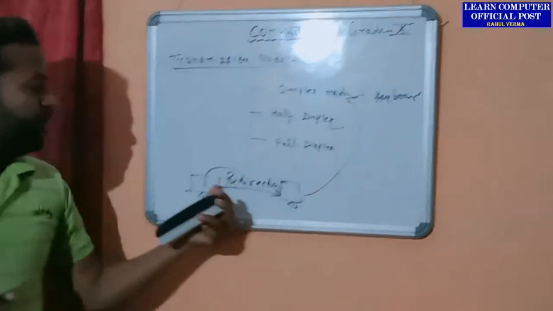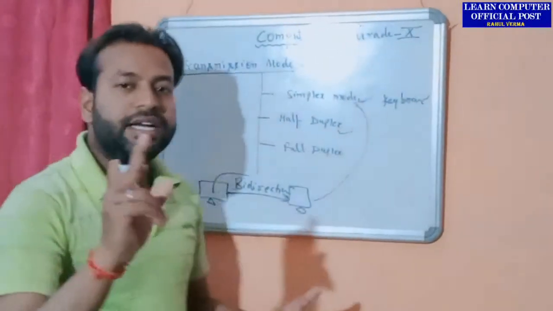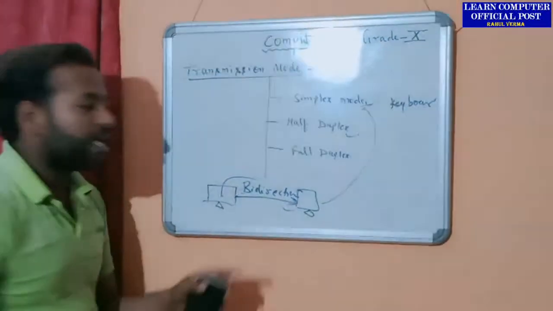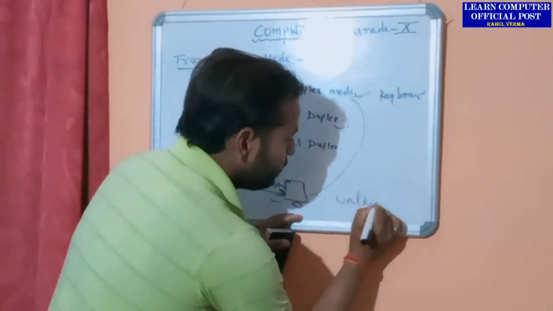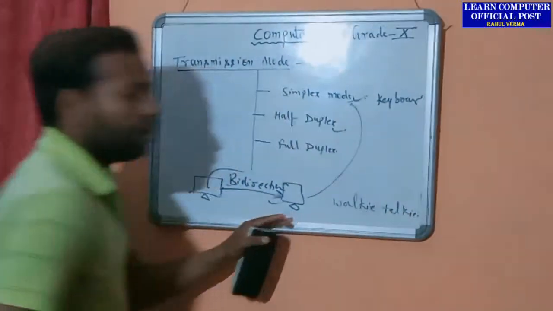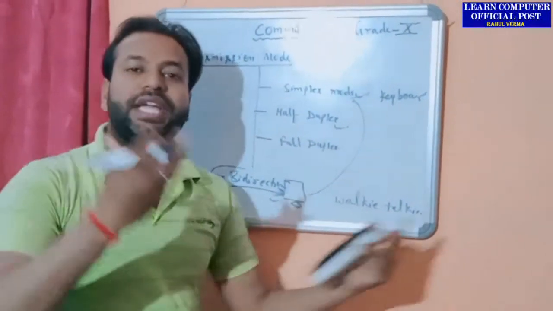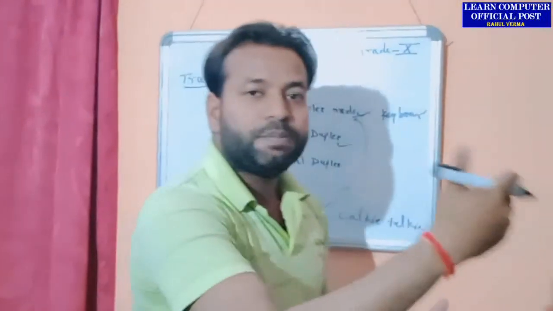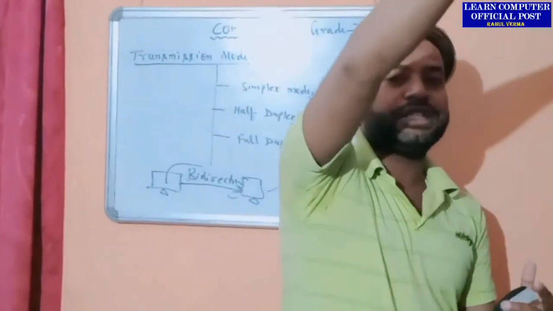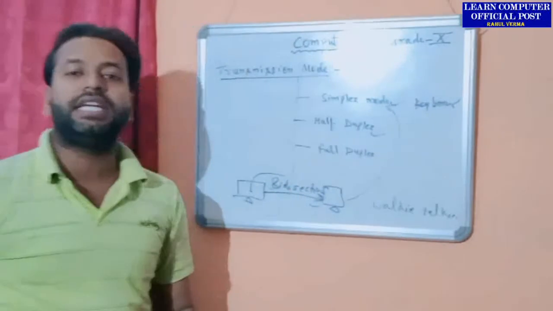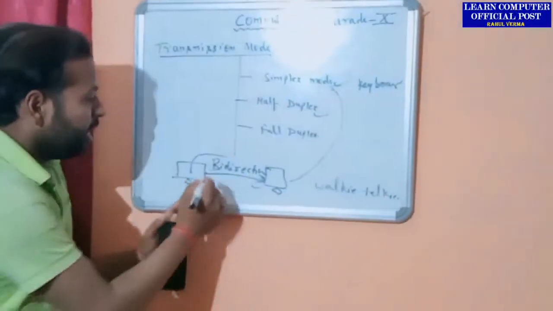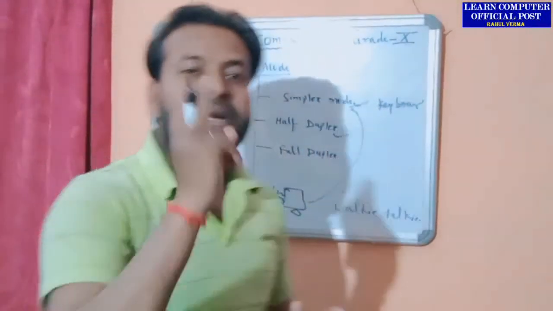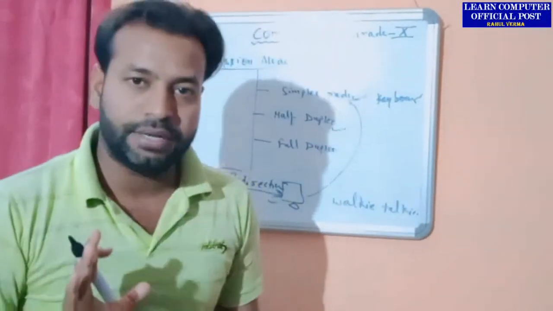What is half duplex? Bidirectional communication can be there, but at a time only one way communication can happen, right? So in half duplex, what will be the example? A walkie-talkie device, which policemen always carry, by which they communicate with each other. In a walkie-talkie, one person speaks, and after the voice is delivered to the destination device, only then can another person give the answer. So in the half duplex concept, the data can be transferred or received, but at a time only one way communication will be there, right?